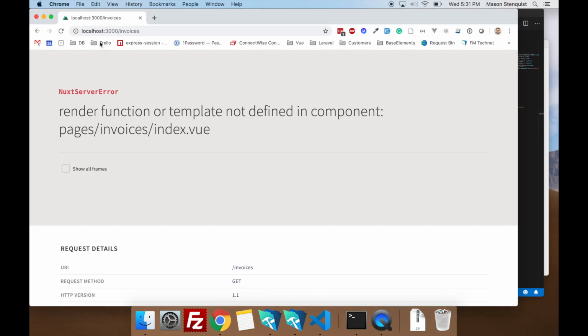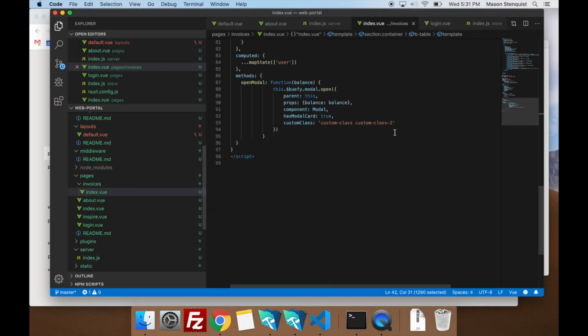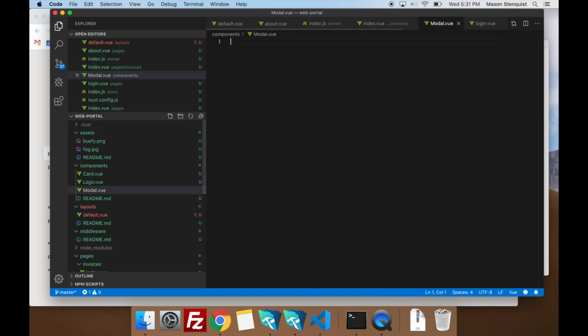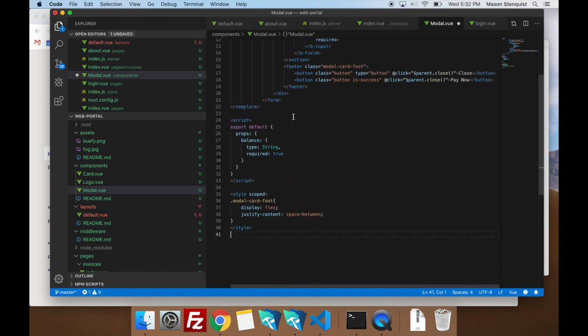So I believe it's going to say this modal can't be found. No problem. We can just go to components, modal.vue, and we'll get that. Okay.